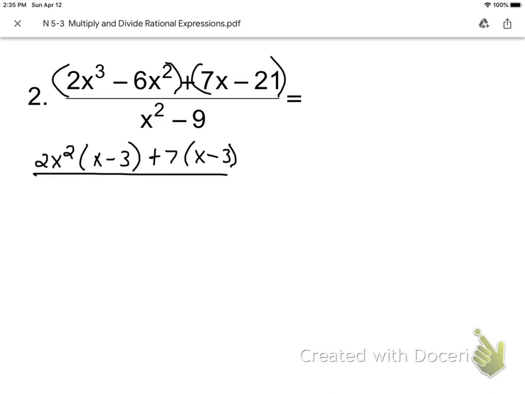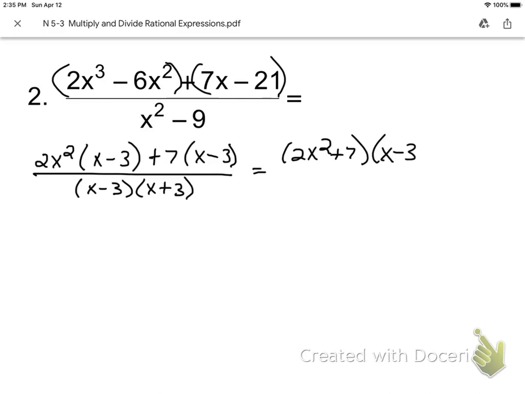And the bottom is a difference of squares. Now again, I'm kind of running through this because we've had 3 weeks of factoring review. And we took a quiz, so hopefully you are getting better if you were still struggling with it. But for a difference of squares, you can use your factoring flow chart. Factors are x minus 3, x plus 3. Well, we have to write the top as factors. Right now, that's not written as factors yet. So written as factors, it is going to be 2x squared plus 7 times x minus 3, and it's over x minus 3,